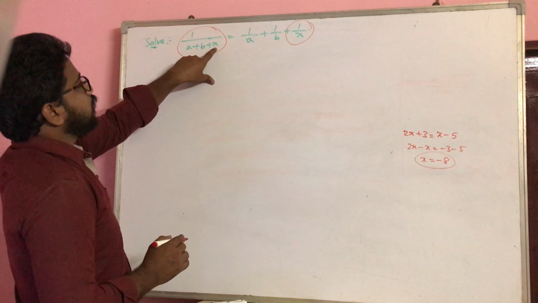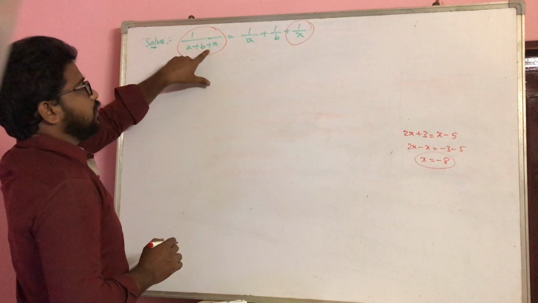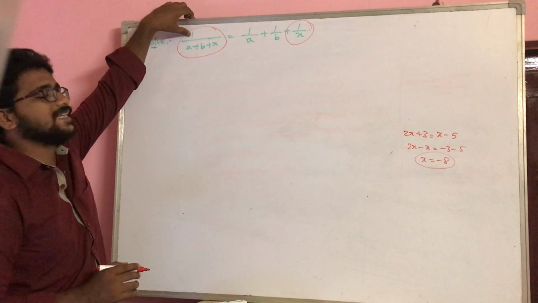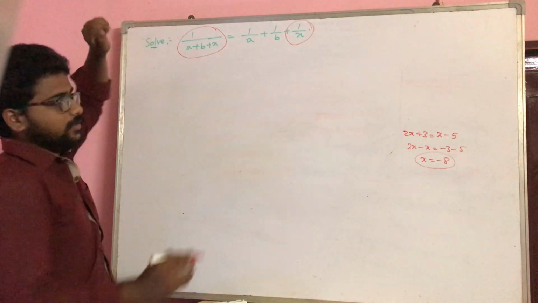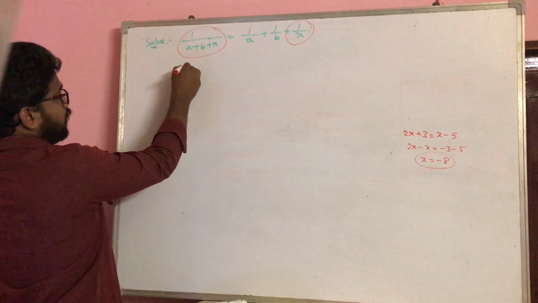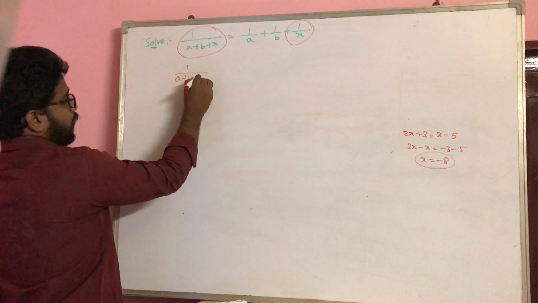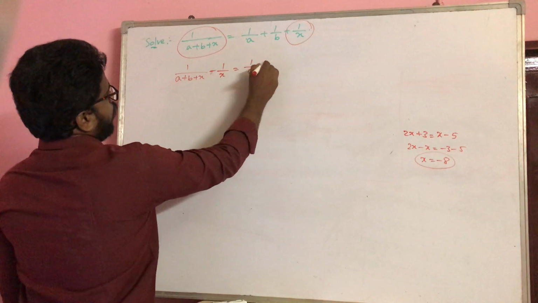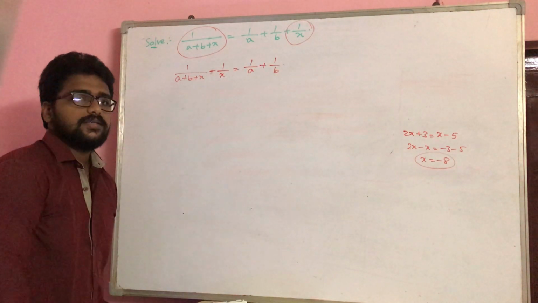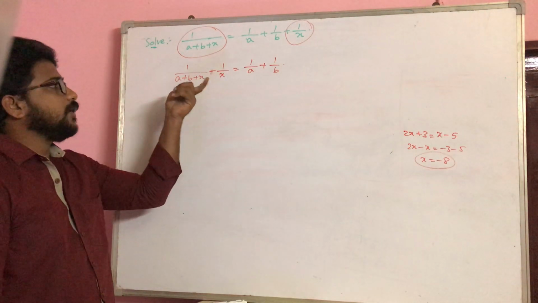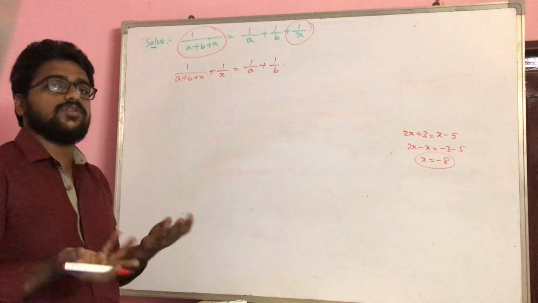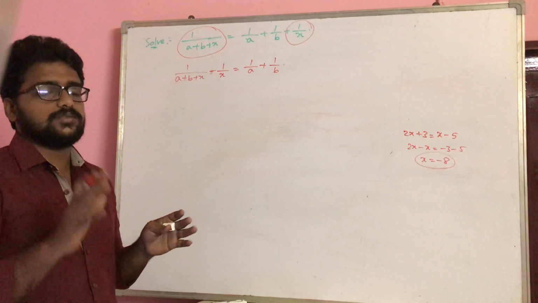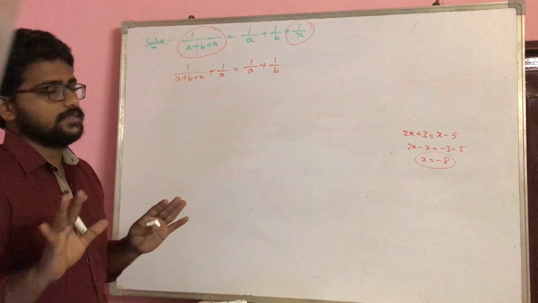If you just observe here, two are constants here and this is the variable. You cannot split here because the numerator has fewer terms compared to the denominator. So I will bring this variable term to the left side: 1 by (a plus b plus x) minus 1 by x is equal to 1 by a plus 1 by b. See, this is a simple initiation that you can do for a given question if you don't know the procedure. Basic logic is what will work throughout all the questions across the classes. It's all logic, that's it.